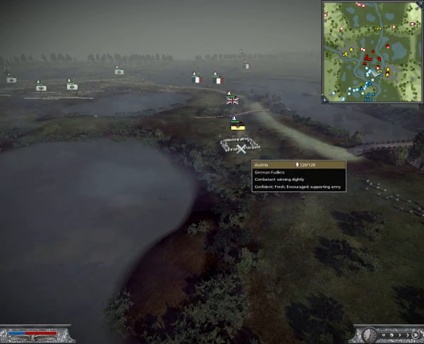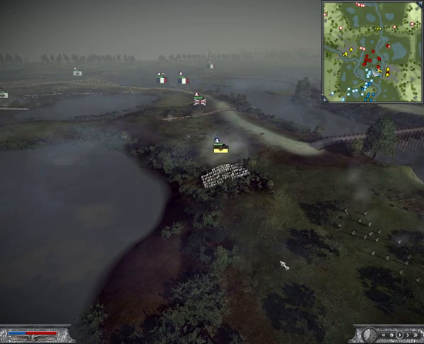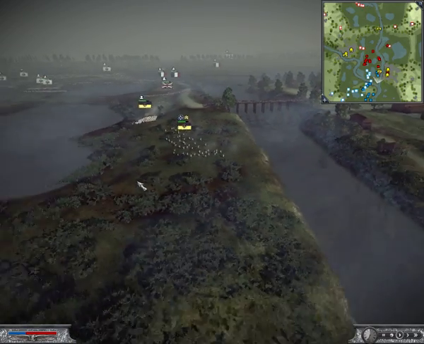These men should have been lined up. I don't know why they were in square at all. Maybe he was afraid of Cav. I'm getting a bit of lag, so I'm just going to go back to play. But I don't know if...